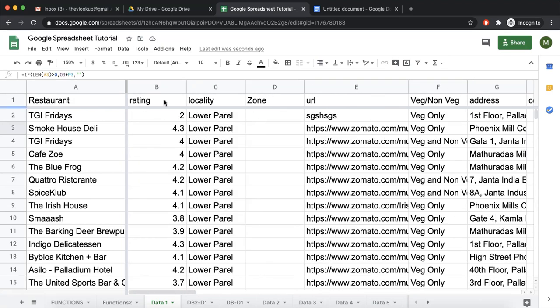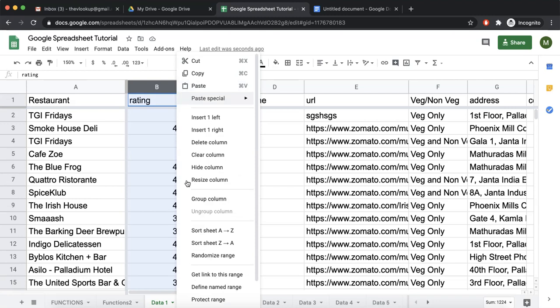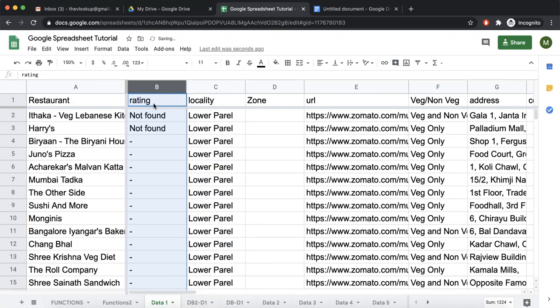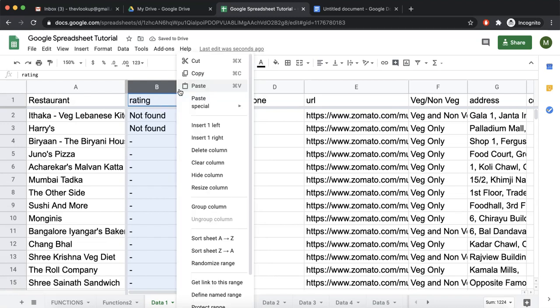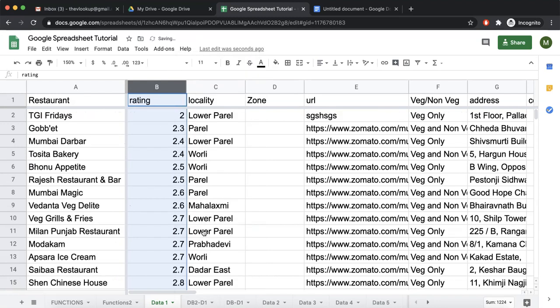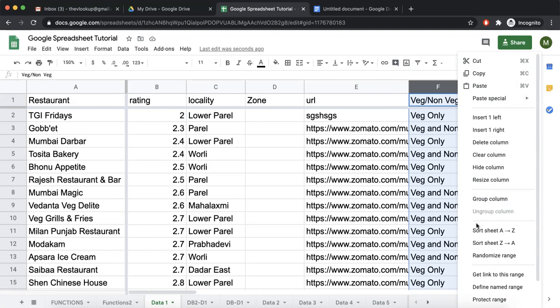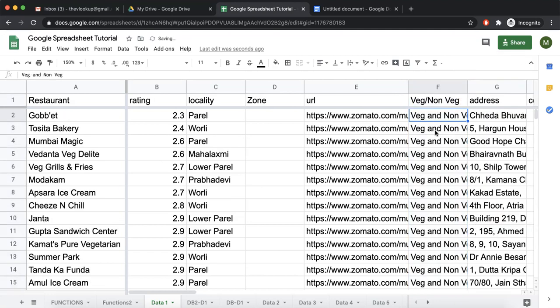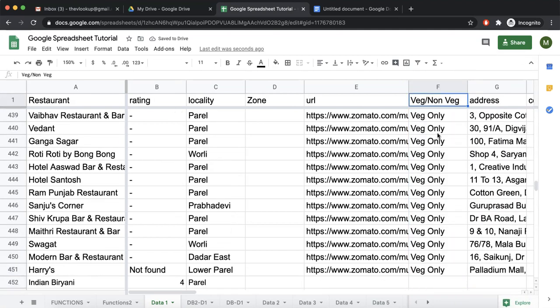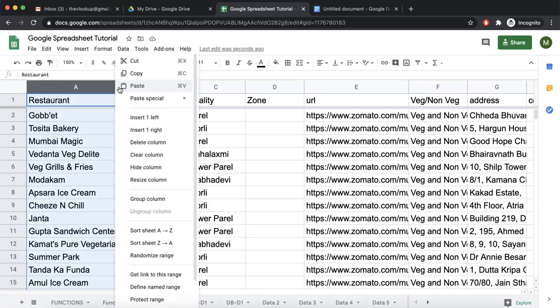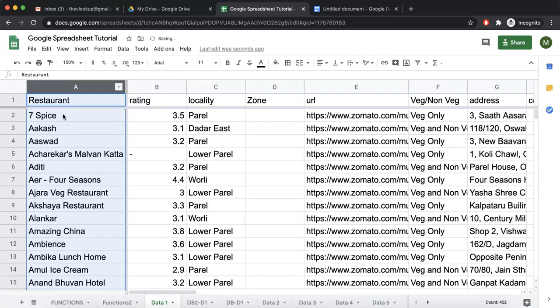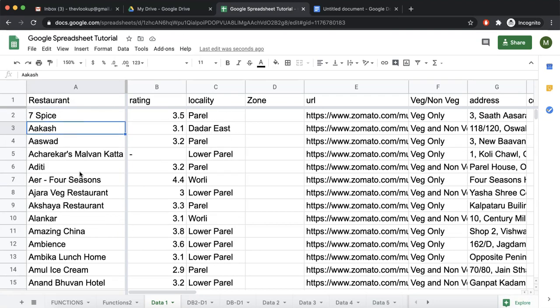Now the issue is, we can also click over here and select sort sheet Z to A. So it has sorted the entire sheet based on column B. I can select sort sheet A to Z. So it has sorted based on column B. I can also sort, let's say, based on type. So all the veg and non-veg comes at the top and veg only goes at the bottom. I can sort by name of the restaurant A to Z. So it is ascending order. First is number and then A, then B, C, whatever be the case.